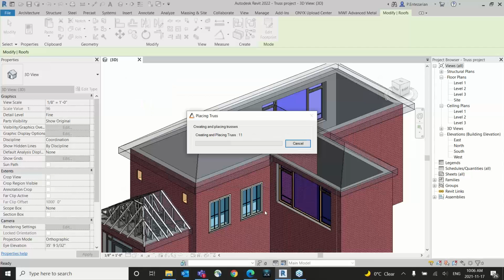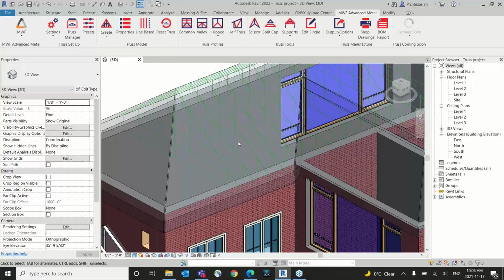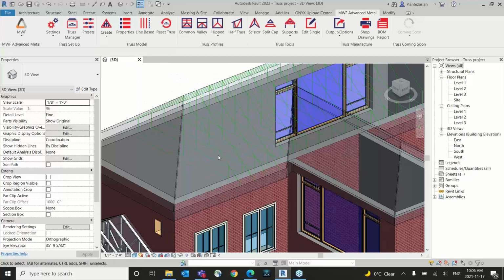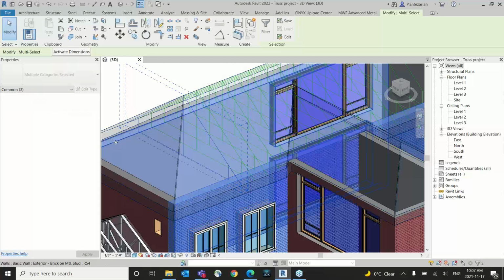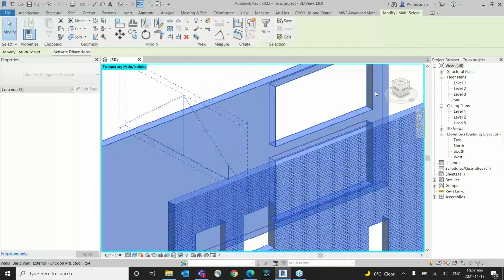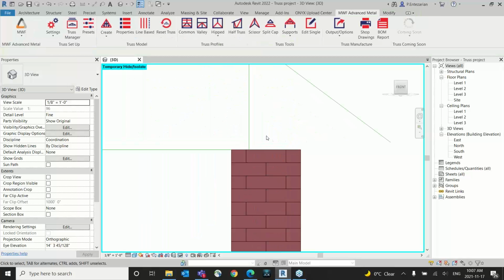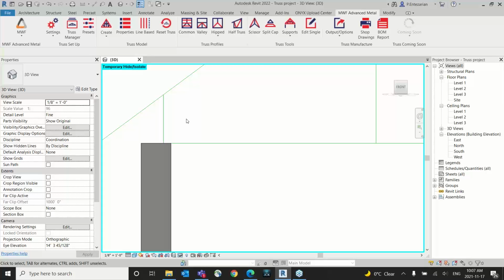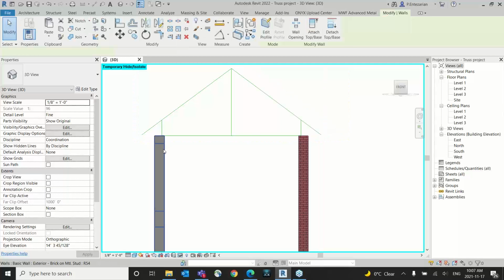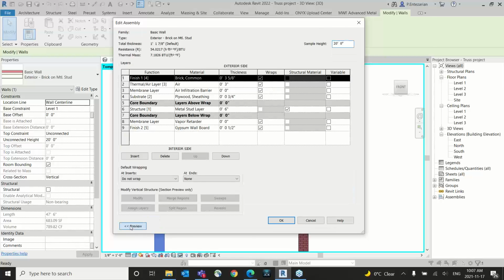And let me hit OK, and the common envelope trusses will show up. So if I just select one with the supports and HI to isolate them, you can see that we selected the supports to be aligned to the center of the structural layer of the wall. So if this is the wall, if we go to edit type in edits,